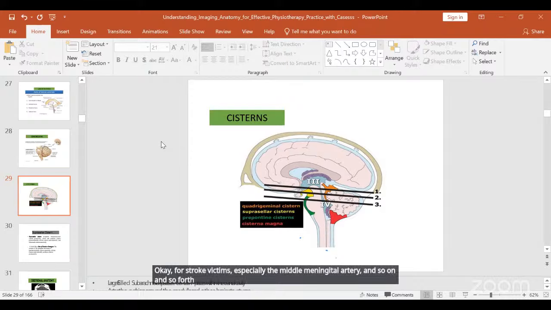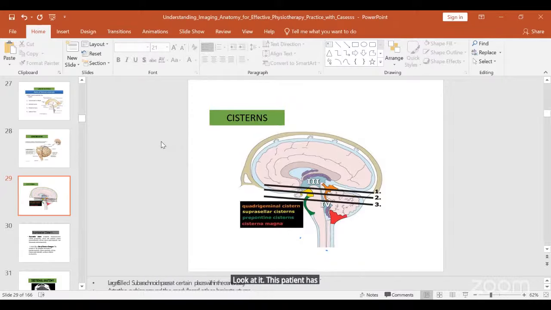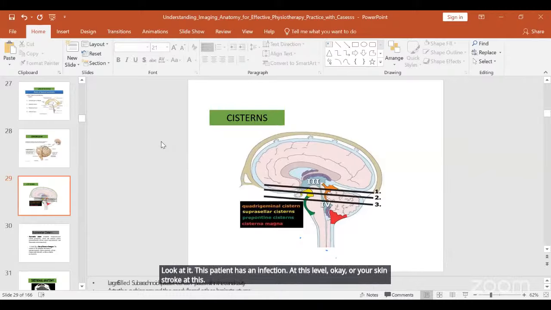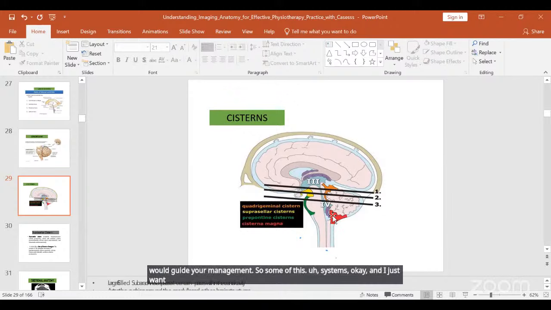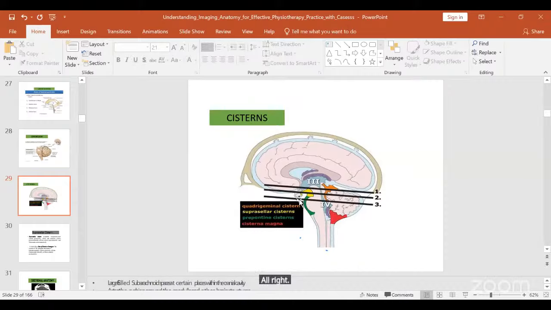So it's good we also note them, so that whenever we're assessing, when we say, look at it, this patient has an infarction at this level, or ischemic stroke at this suprasellar area, we'll begin to think of the differentials, which would guide your management. So some of these cisterns, like this one, the cisterna magna, that's the lowest intracranial cavity. The preponderant cistern, because it's anterior to the pons, the suprasellar cistern at the optic chiasma level above the sella,